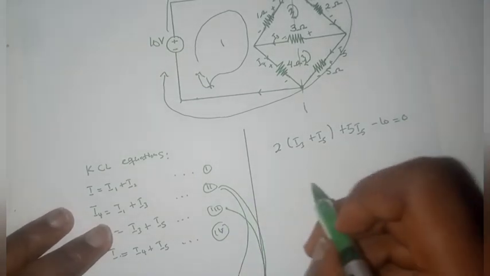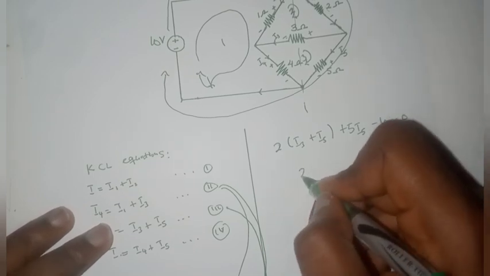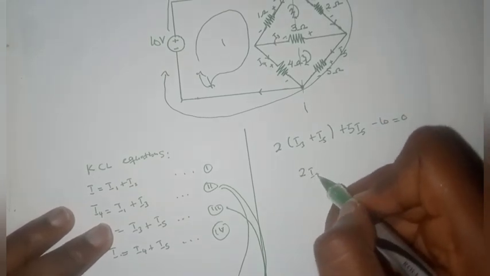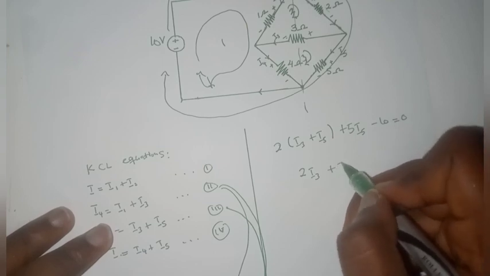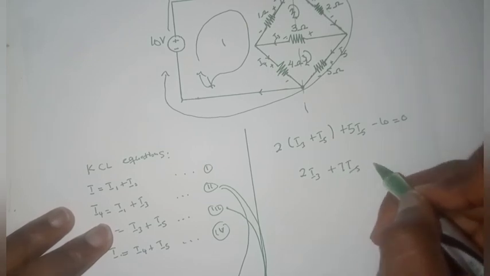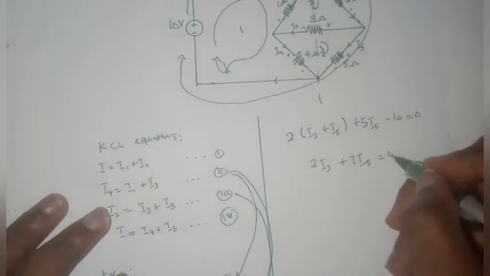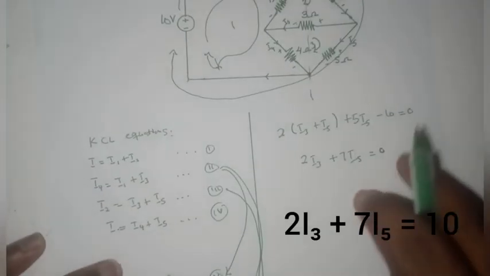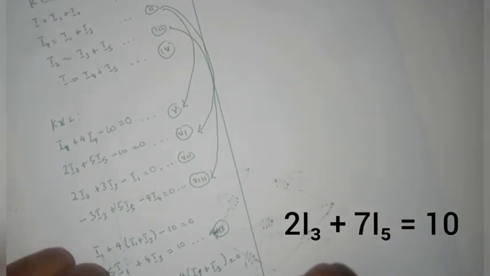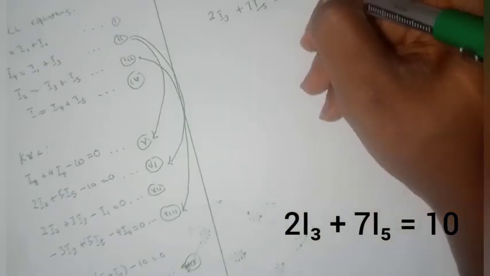At the end of the day, we arrive at 2I3 plus 7I5 equals 10. And if this is our 10th equation and this is our 11th,